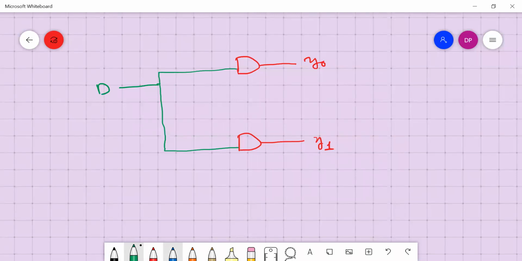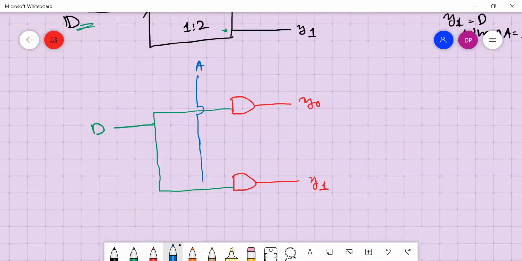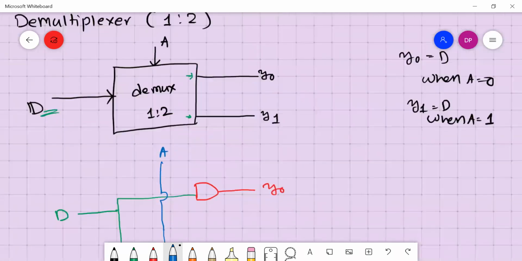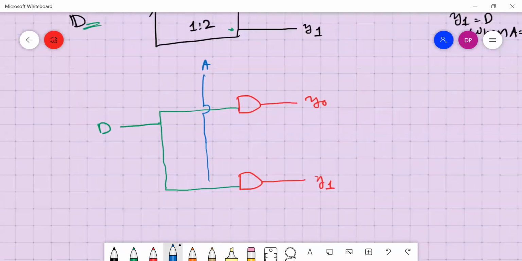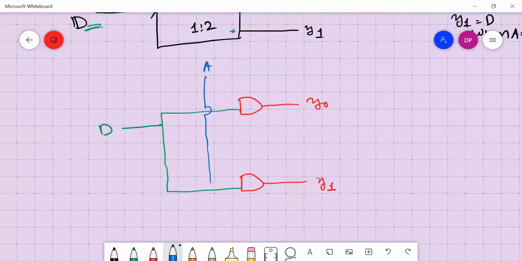So let me take A as another control variable here. When A is equal to 0, Y0 is equal to D. So what do I have to do?